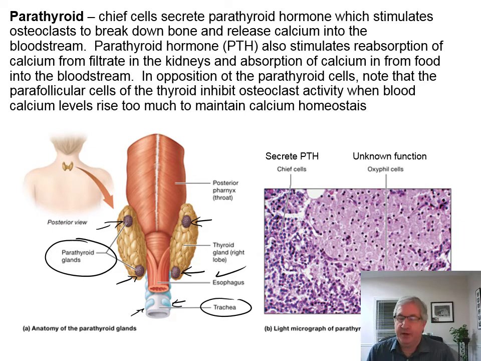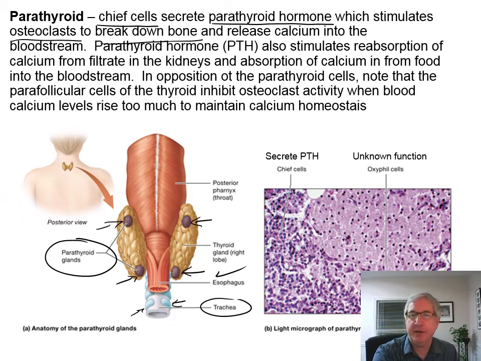So what are the parathyroid glands all about? Well, they contain a cell called a chief cell, and it secretes something called parathyroid hormone, and that stimulates osteoclasts to break down bone. And what happens when you break down bone? You release calcium into the bloodstream. Parathyroid hormone also stimulates reabsorption of calcium from the filtrate in the kidneys and absorption of calcium from food in the bloodstream. So, chief cells secrete the parathyroid hormone, PTH, and that causes osteoclasts to chew up bone and release calcium. So calcium